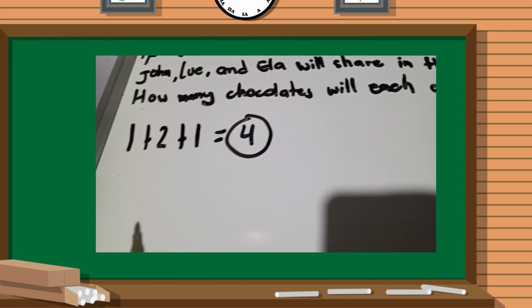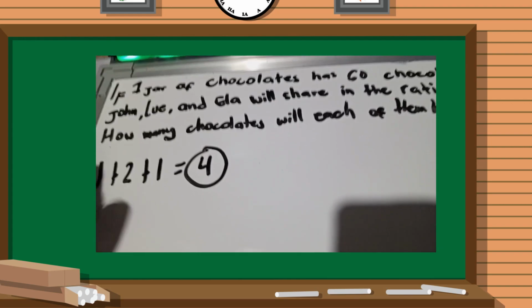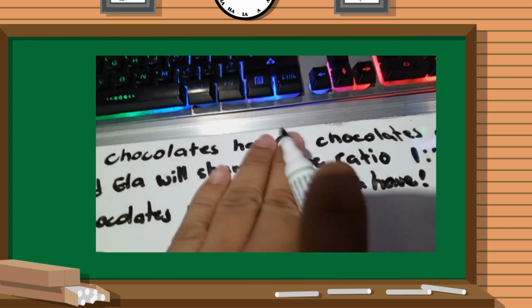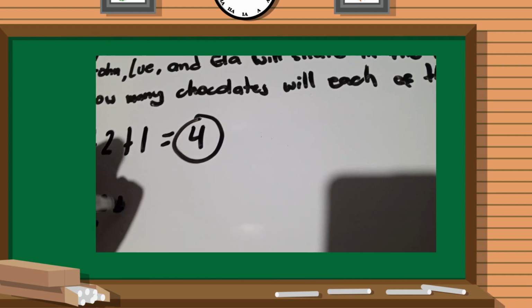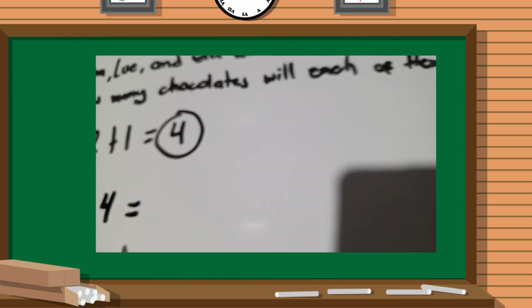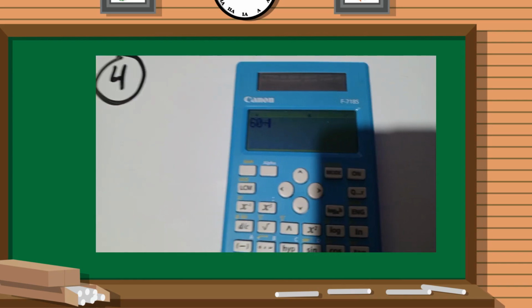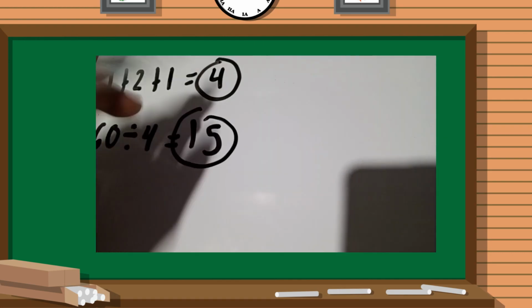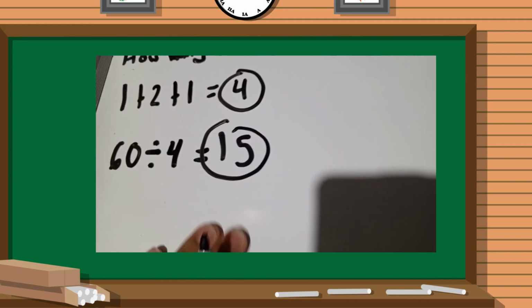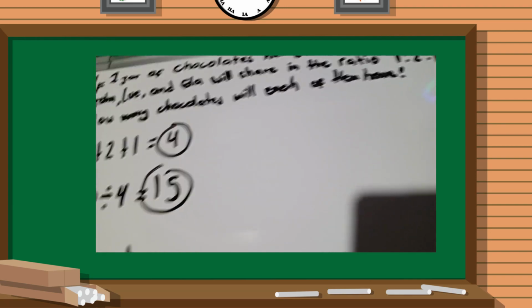After finding the sum, divide na natin yung base niya, which is 60 since 60 chocolates. Divide natin by 4. Magiging, let's check. 60 divided by 4 is equals to 15. Now that we find the answer, we should multiply each quantity by the quotient. So, ang gagawin natin is,